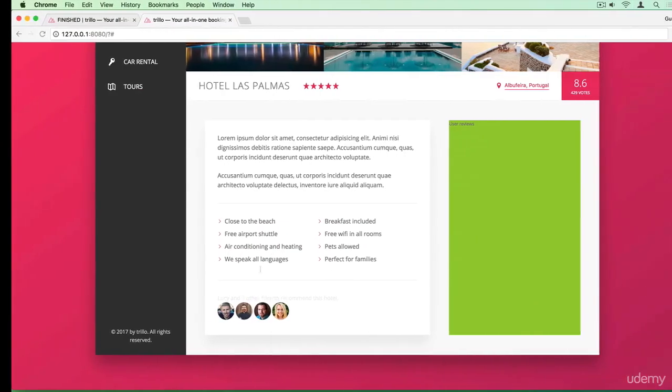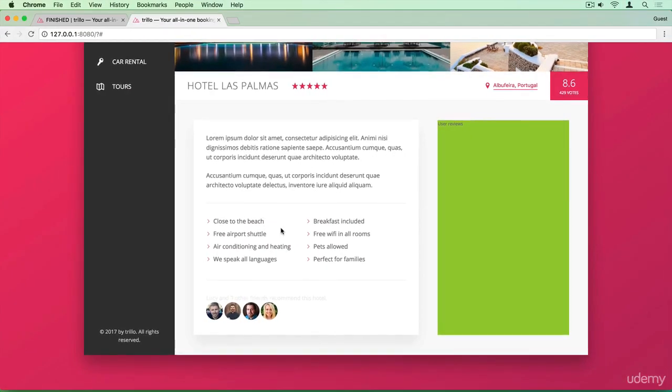Okay, so let's check that out. And here we go. So here you have the text, and it's way too light, so I'm going to change that in a second. And then you have these images, and they are, of course, on different lines, because they are both block elements. So this one here, and then this box. So they should be side by side,